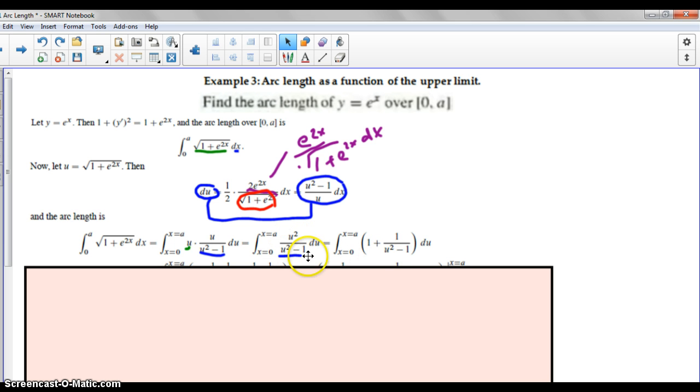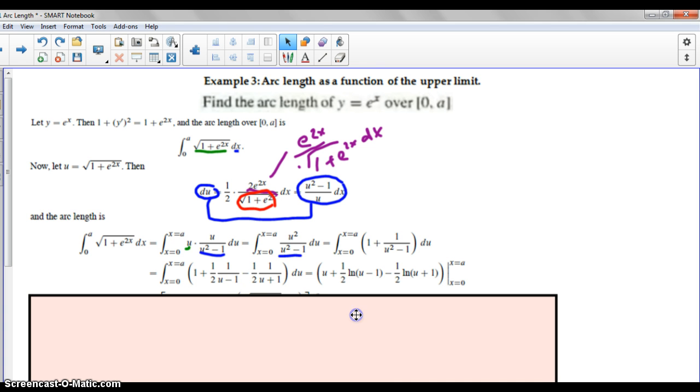U squared goes into u squared minus 1. Scratch that, I had that backwards. U squared minus 1 goes into u squared one time, and the remainder is a single one. So we can put that over what we divided by. So I have 1 plus 1 over u squared minus 1 is an equivalent expression to what's here by long division. Finding the integral is a little easier now because you can take what you have and decompose this term